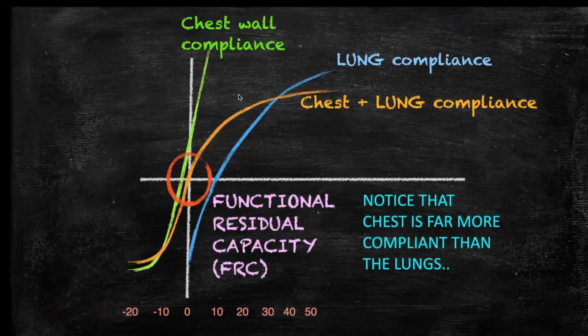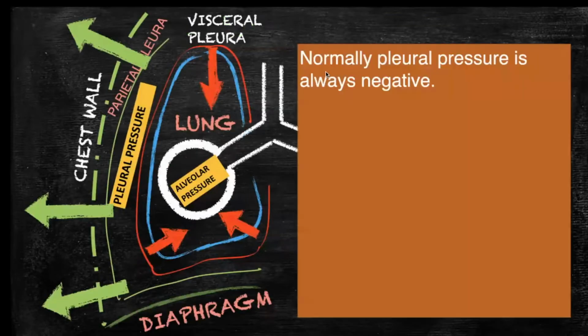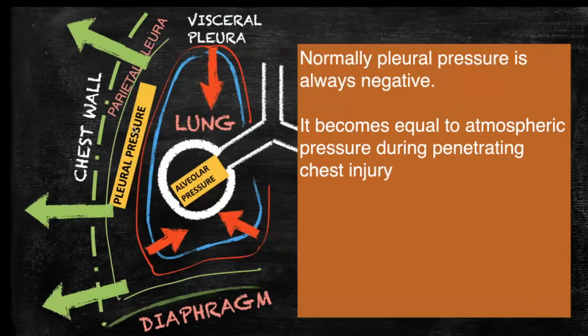One more thing you can notice is that the chest is far more compliant than the lungs. So this is lung compliance and this is chest compliance, and you can see the chest is much more compliant than the lung. So normally the pleural pressure is always negative, as we also already saw, but it can